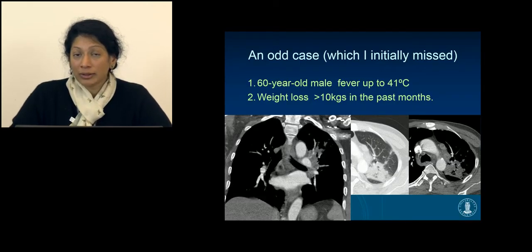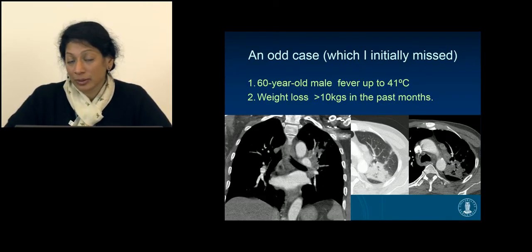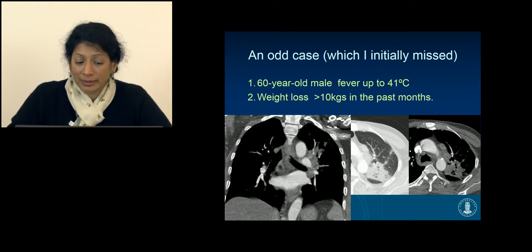And just to show you an odd case, which is sometimes difficult, which I also initially missed, which was a 60-year-old male who had fever up to 41 degrees Celsius. He had weight loss, 10 kilos in the last month, and we did a CT. We saw this necrotic lymph node with rim enhancements. We saw this large consolidation with some starting to cavitate here, another lymph node with rim enhancements, and this was